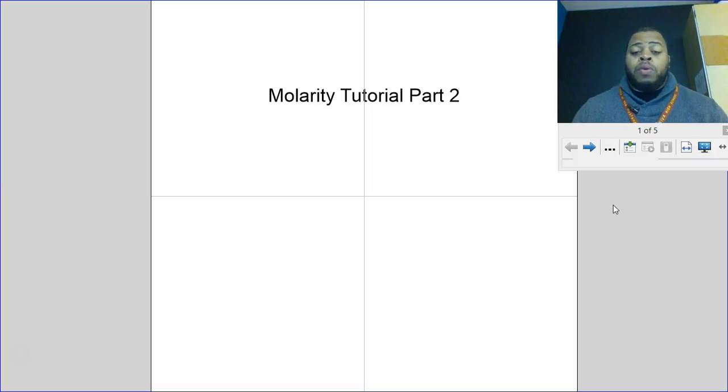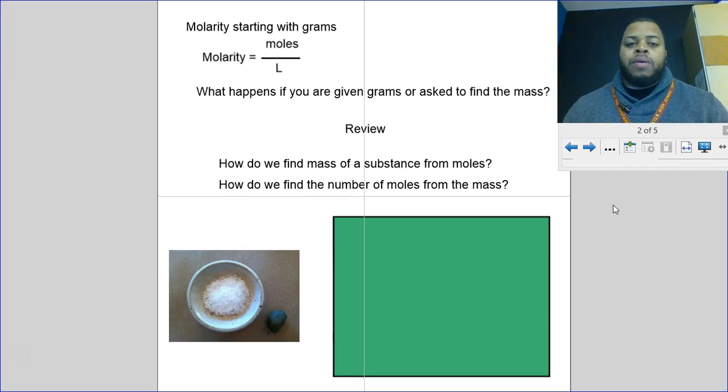So you made it through part 1. Now let's look at part 2. We're going to use the same information, but we're going to take it just a little bit further. Well, how? If I'm using my regular molarity, just as a review, we know that we always start with moles over liters. But what happens if instead of moles, you're given grams, or asked to figure out, instead of